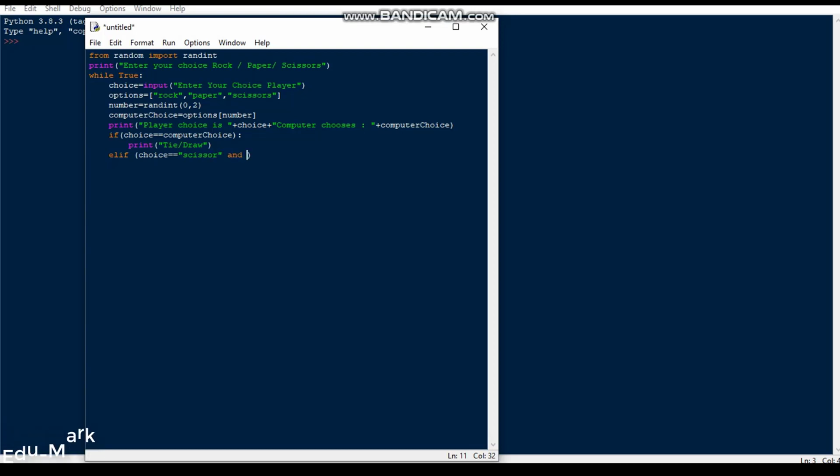That means if the user choice is paper, and we use the AND operator here, we make sure that both conditions are satisfied. We say computer choice equals rock, so we will print the message: you win. The same continues with user choice rock and computer choice scissors, and user choice scissors and computer choice paper.